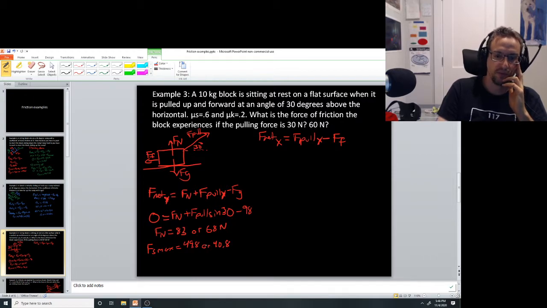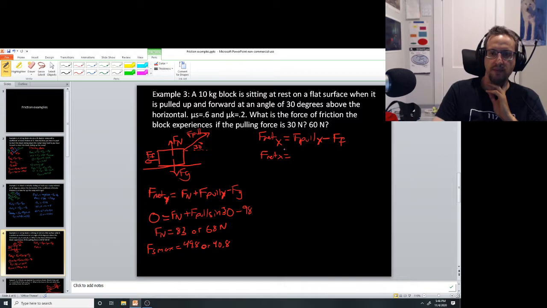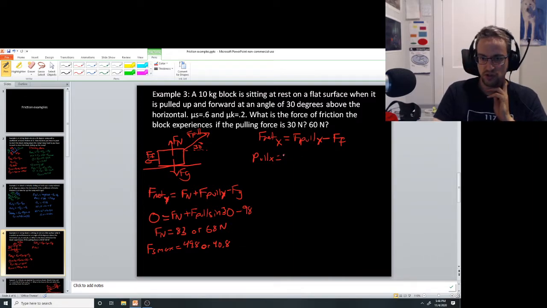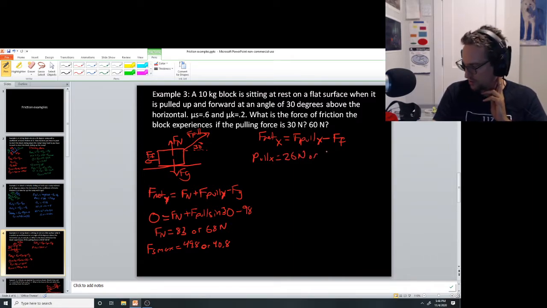There we go. Okay. Maximum force of static friction. The reason we have to find those is because the first thing we want to do is figure out whether this slides or not. Okay. So, F net X is going to be equal to, well, actually, let's even say here, what is the pulling force? F pull X equals either 26 newtons or